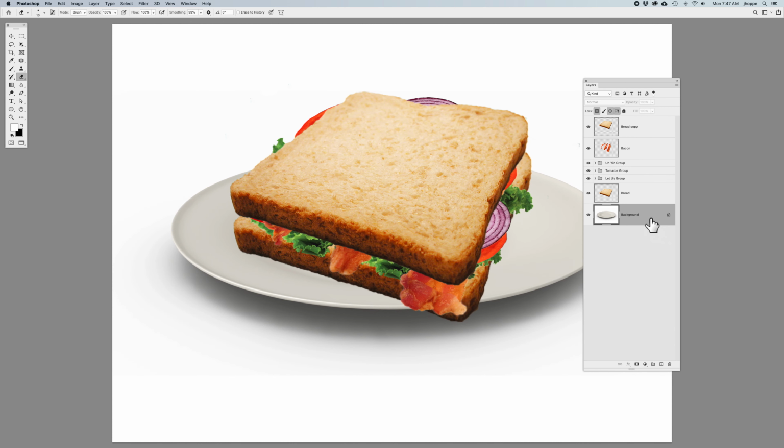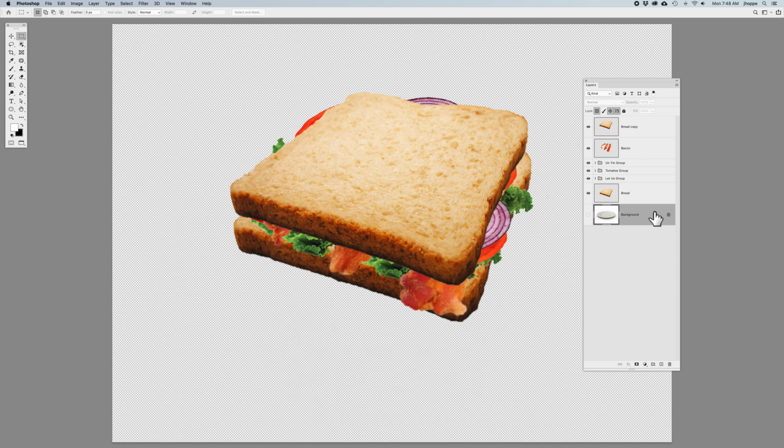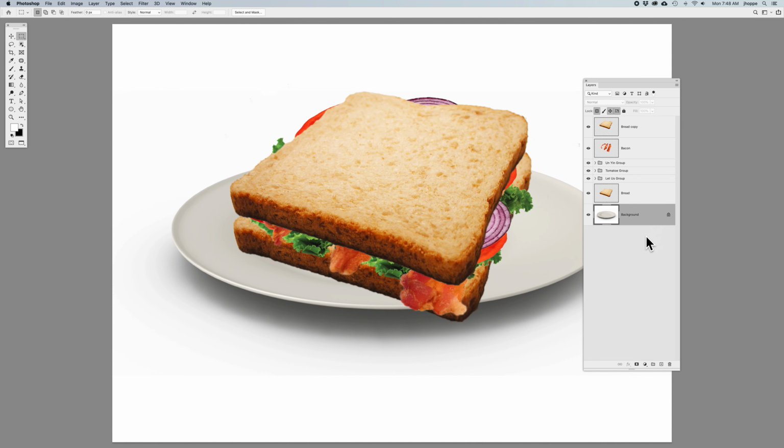So some people will go in and they find if they duplicate that by doing a Command J, then they can turn that off and save this for a special occasion. Why, I have no idea. But once this becomes a layer, then if I go in and I erase or I select and I remove the background, it can all go away. Okay? Well, we're going to go in and we're going to turn this into a layer. And it's very difficult to turn this into a layer. You go to that background, you click the unlock button, it now becomes a layer. It can now move, it can now rotate, it can now scale, it can now be deleted,